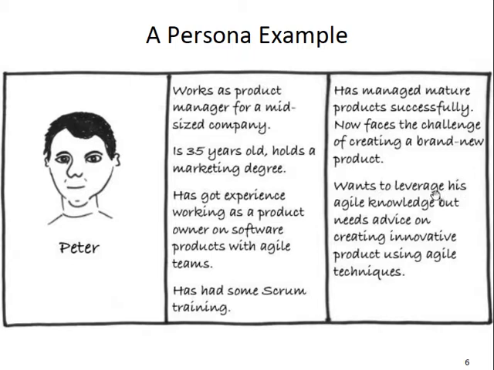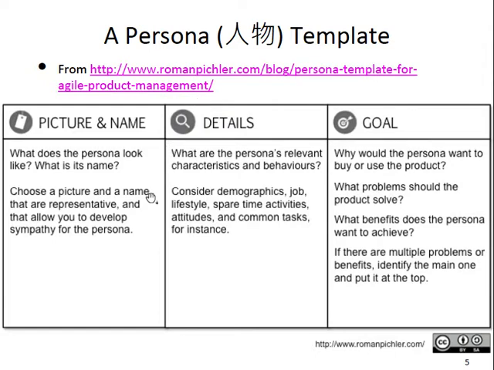So he wants to use his agile knowledge to create innovative products. So it looks like in this example, this team is trying to create a project management tool for someone using Scrum or some agile method. So he comes up with this persona, 一個角色，okay，一個人物或者一個角色。